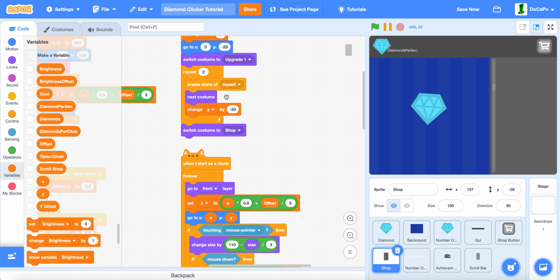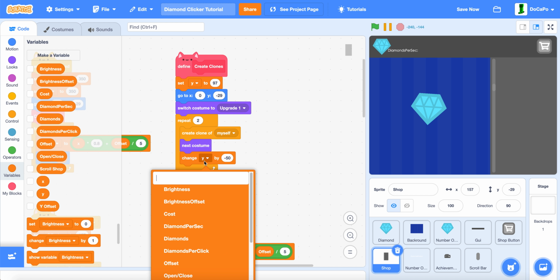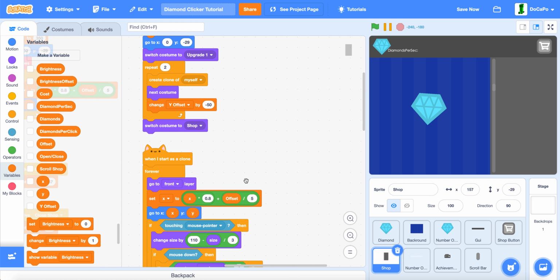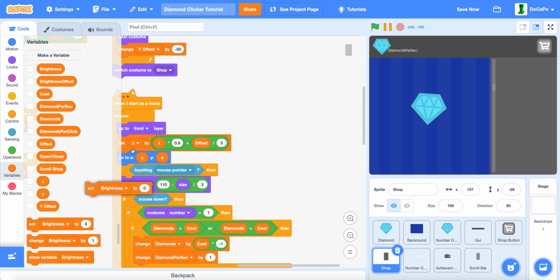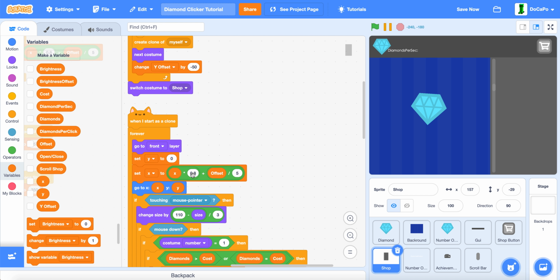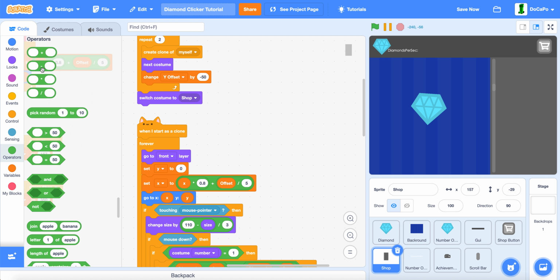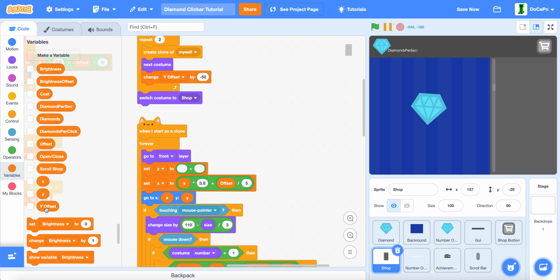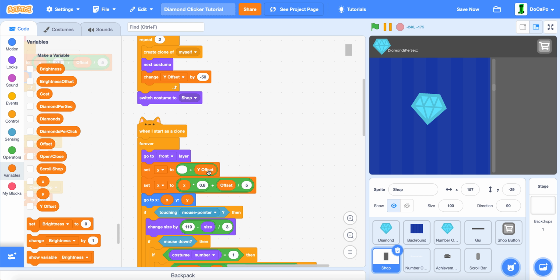We first in here create clones, we change it to Y offset, and we set Y to, we do addition of Y offset. Then